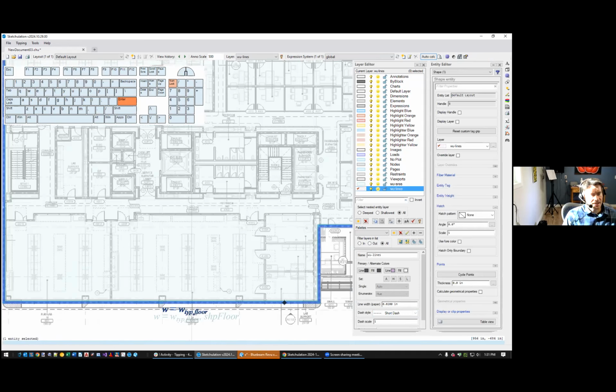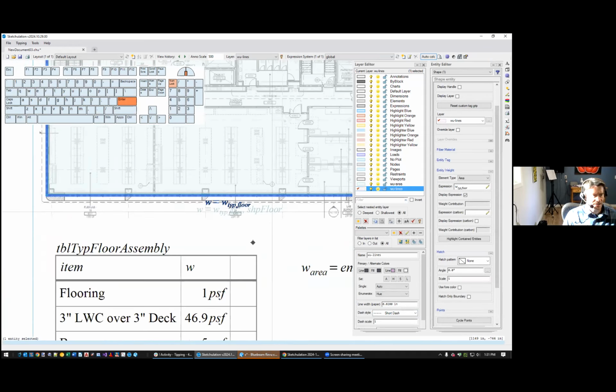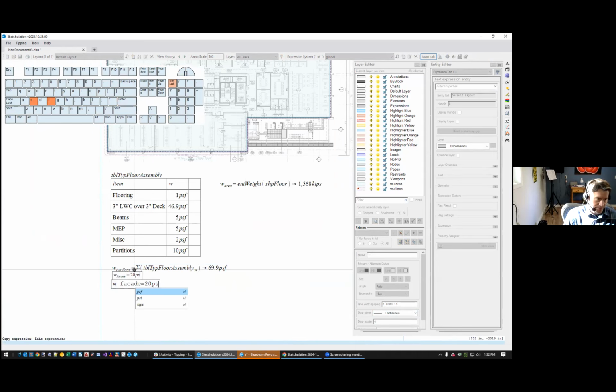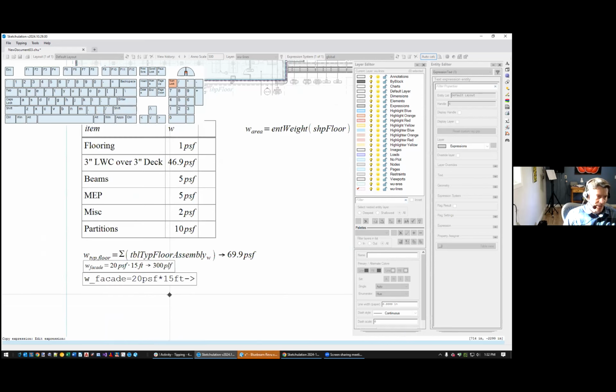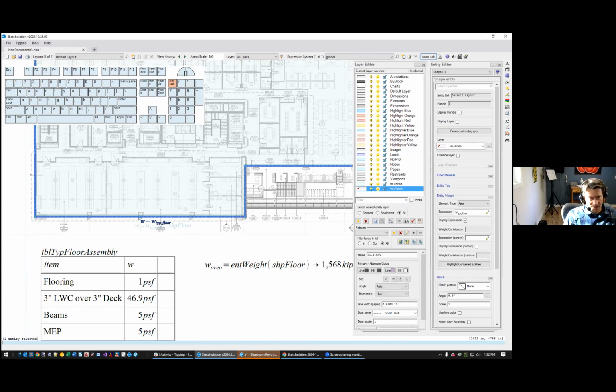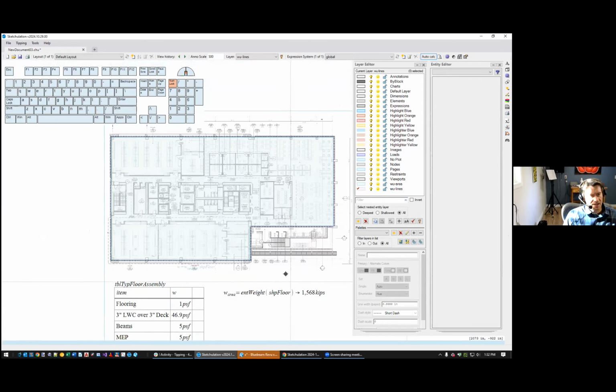Now, this currently still has the weight expression from the floor area, and we'll change that in a second. We'll say I'll do a CX copy expression. W facade is equal to, say, 20 PSF times my floor height, which was 15 feet or something. So this gives me a load in pounds per lineal foot. And I want my expression for the facade to now be W underscore facade. Okay. So now I have facade in my